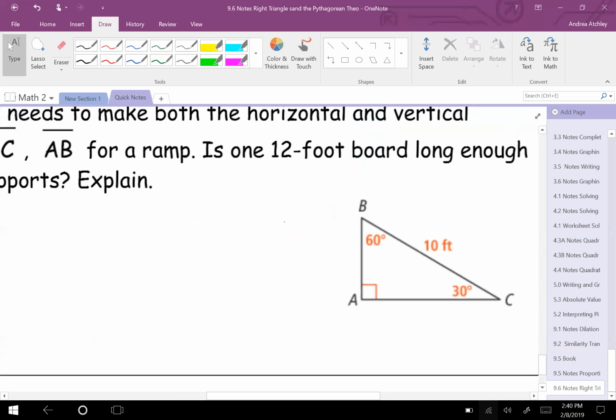Okay. So we're going to do our ratio 1, square root 3. This is 30 degrees. This is the 60 degrees. And this is the 90 degree. Right? Hypotenuse. Opposite the